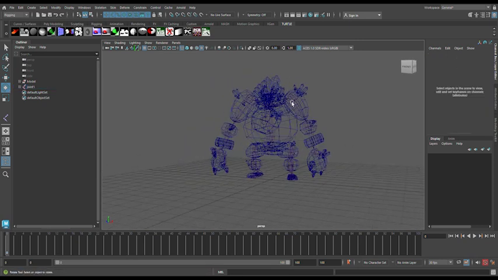Okay, great. At this point you want to save your work, so go to File, Save Scene As, Rigging, Skeleton,